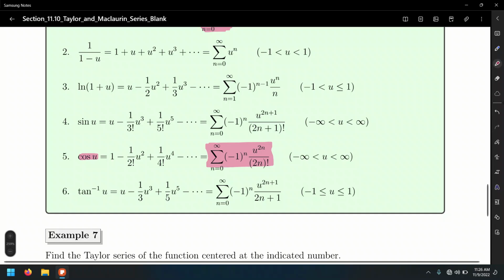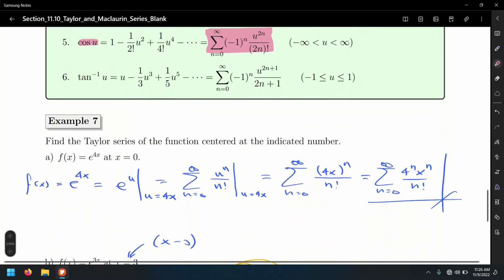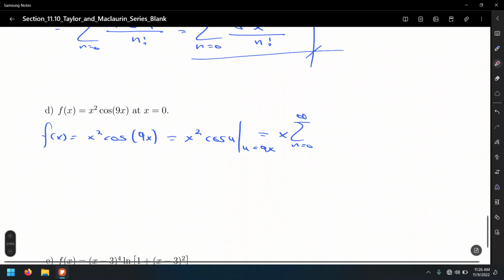Because you will be asked to memorize this power series representation, a good tip here is to keep in mind that sine is an odd function, as mentioned in the last lecture, and cosine is an even function. So sine contains odd powers and odd factorials in the denominator, and cosine contains even powers and even factorials in the denominator. All right? So let's just use it. Negative 1 to the n, u to the 2n over 2n